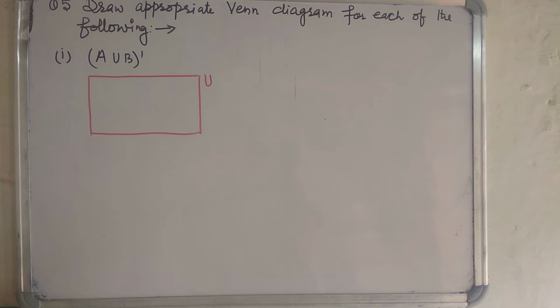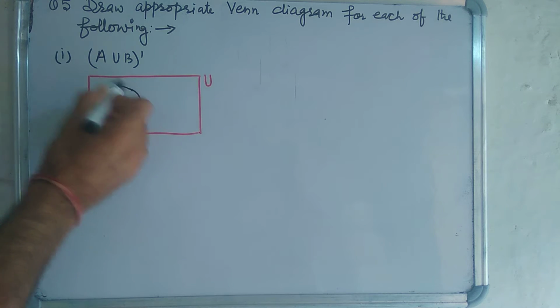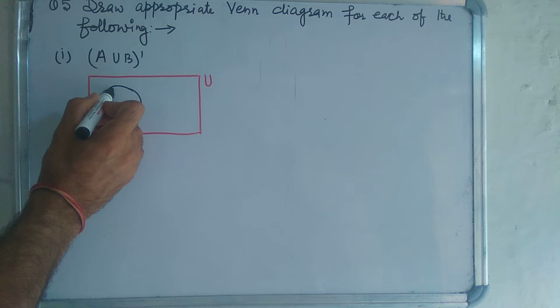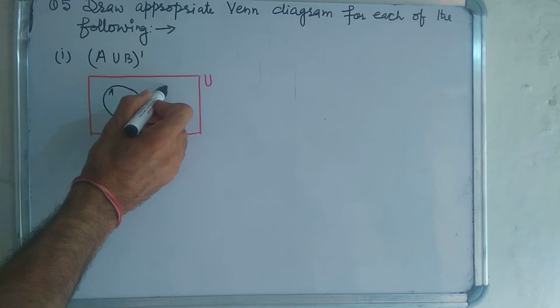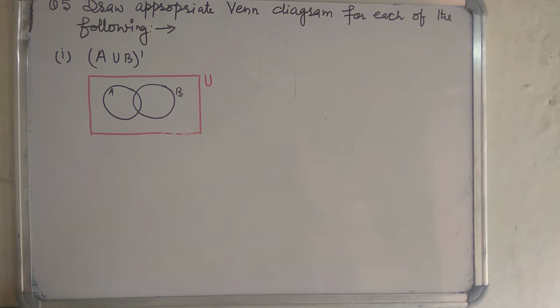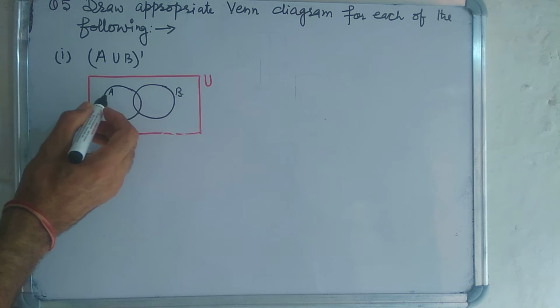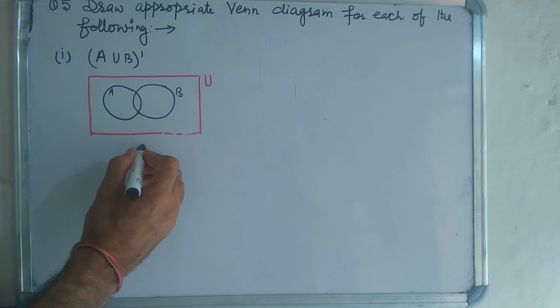Question number 5. Draw appropriate Venn diagrams for each of the following. In part 1, the complement of A union B. The rectangle represents the universal set, and set A is the circle A. This is circle A, and this is set B. Here A union B is this portion inside, and the complement of A union B